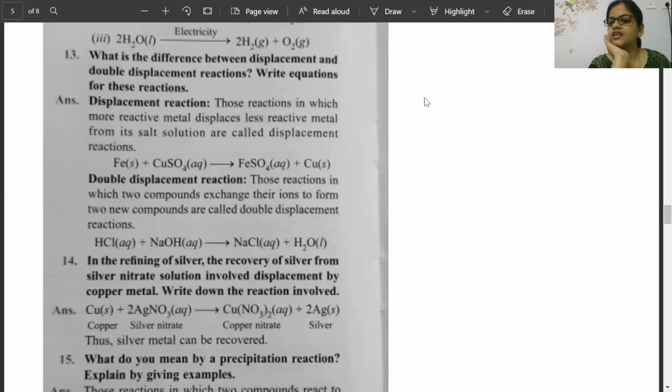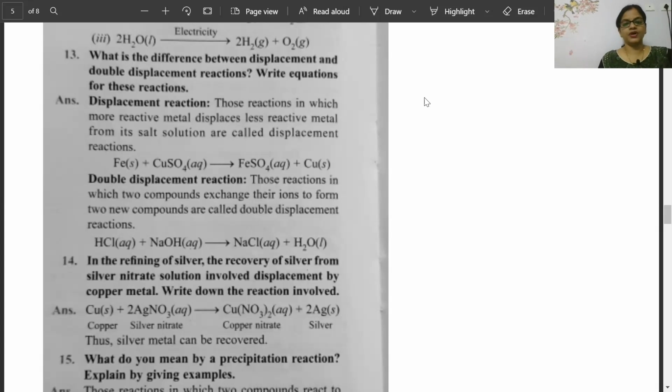Kritika said a substance is formed which is insoluble, and that is called a precipitation reaction. Example, beta, just give an example. We discussed one example. Barium something. Okay, very good. Super. Bhumi has given the answer. Precipitation reaction is a reaction in which soluble ions in separate solutions are mixed together to form an insoluble compound that settles out of solution as a solid. This insoluble compound is called precipitate. Silver nitrate plus potassium chloride gives silver chloride plus potassium nitrate.